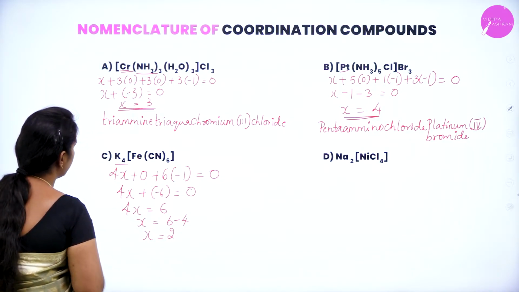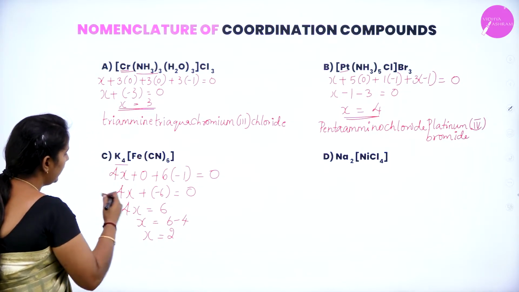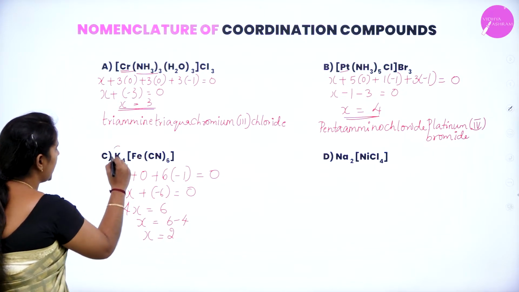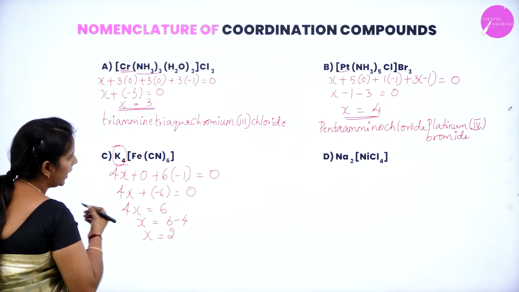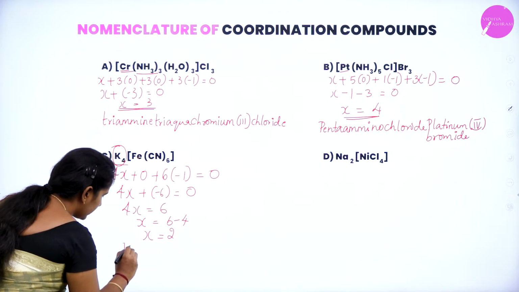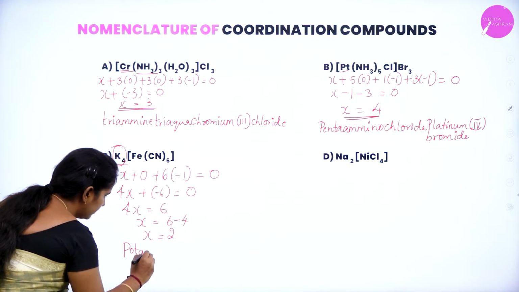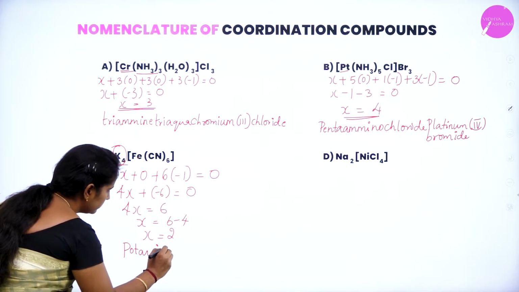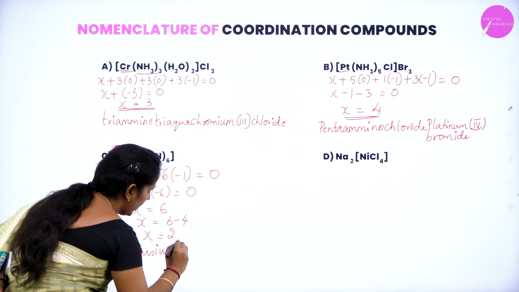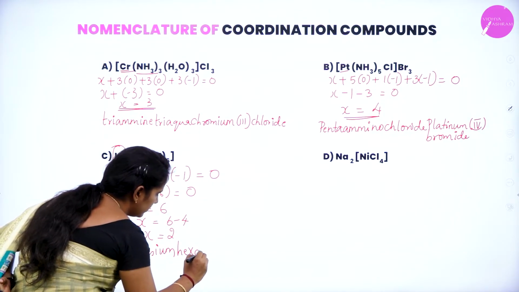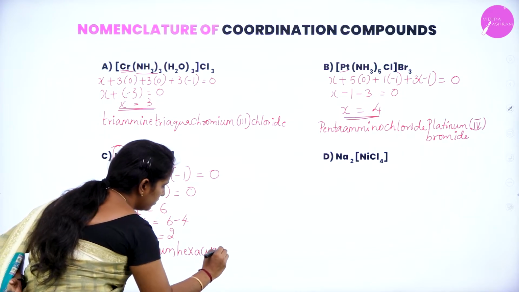So the oxidation state of the potassium is 2. And how to write this complex? First we have to use the metal name, and it will be named as potassium hexacyanido